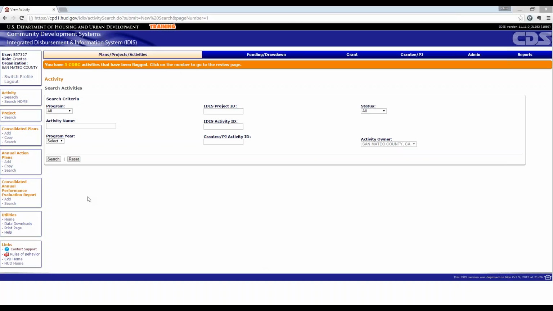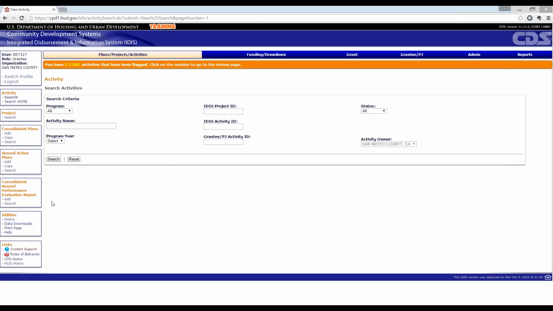If you're in years 2 through 5, you cannot just copy your previous action plan, because that previous action plan is associated with your original consolidated plan. So there's two different options that you can take.